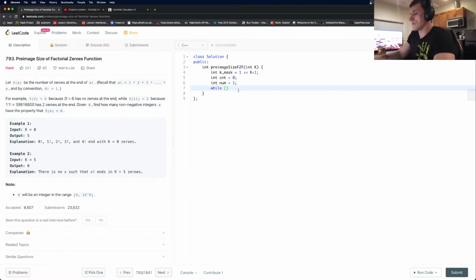And while num percent k mask not equal to... no. K mask is what we filter out, right? But then we need to count a number of zeros, which is